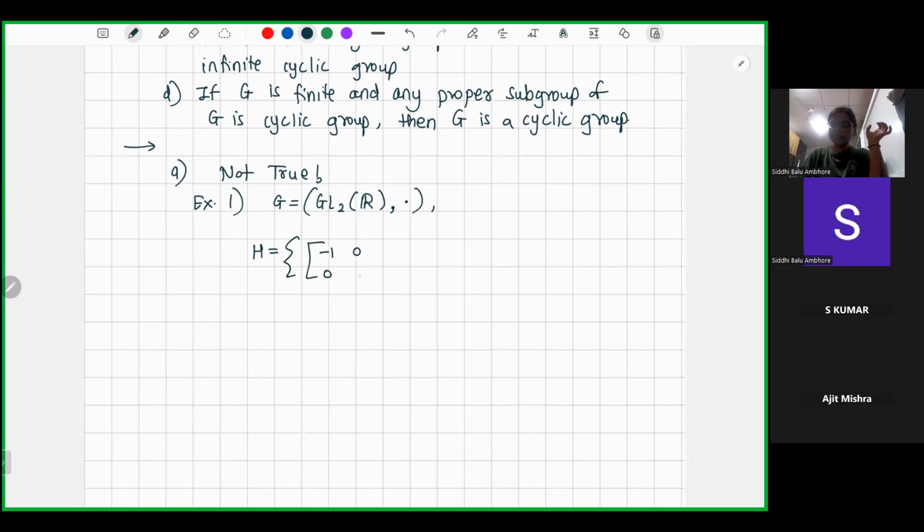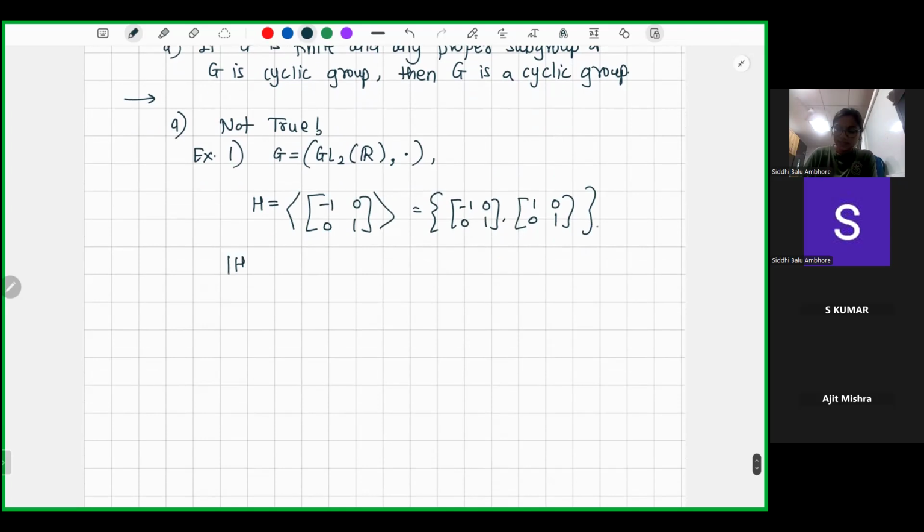This matrix, right? If I take H generated by this, so this H only contains these two elements, minus 1, 0, 1. And the inverse of this matrix is the matrix itself and this, right? So the cardinality of H is only 2. So therefore,